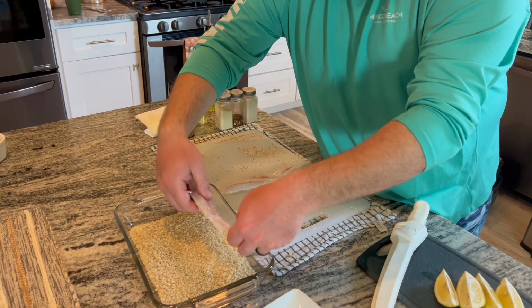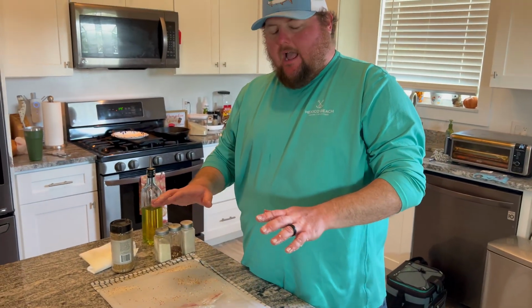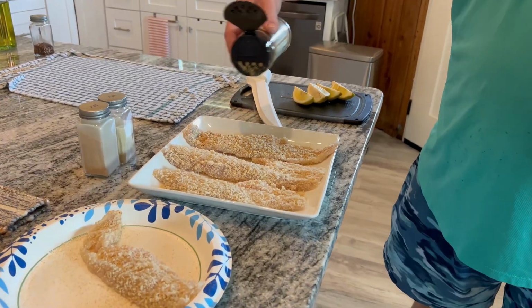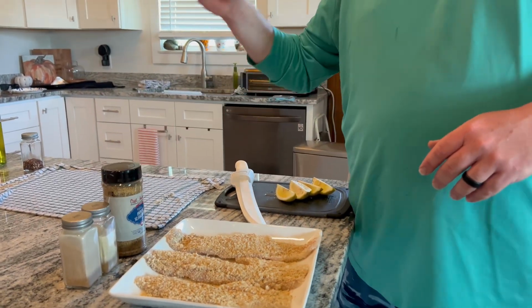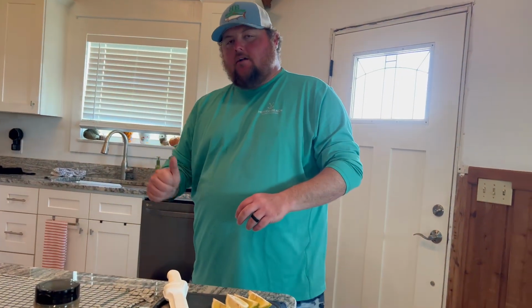We're just going to repeat the process for the rest of these fillets. We're going to get them laid out on this plate, let them dry out a little bit, throw some oil in the pan, and we're going to get them cooked up. I've done put a little garlic powder and onion powder on here, and now I'm dusting it with this Captain Anderson seasoning. When it comes out of the oil, I'll hit it with the tahini to finish it. A little bit of citric acid will give it a...